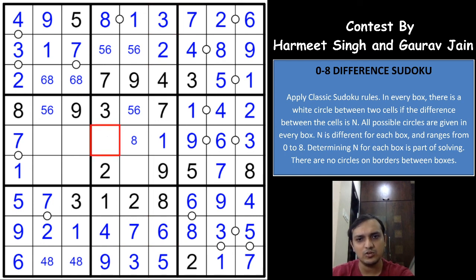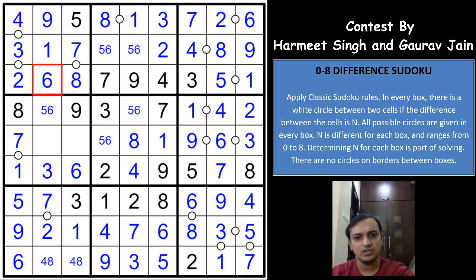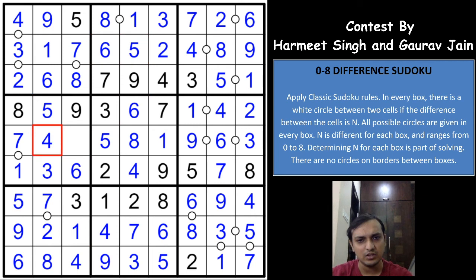Because of the 8 here, you get an 8 here, which means this cell has a possibility of 5 and 6. So this has to be a 4. And these two digits are 3 and 6, right? So 6 has to be here, 3 has to be here, which gives you an 8 here, a 6 here, a 5 here, a 6 here, a 5 here, a 6 here, and a 5 here. And that gives you a 4 here and an 8 here, which gives you a 4 here and a 2 here, the last digit here.